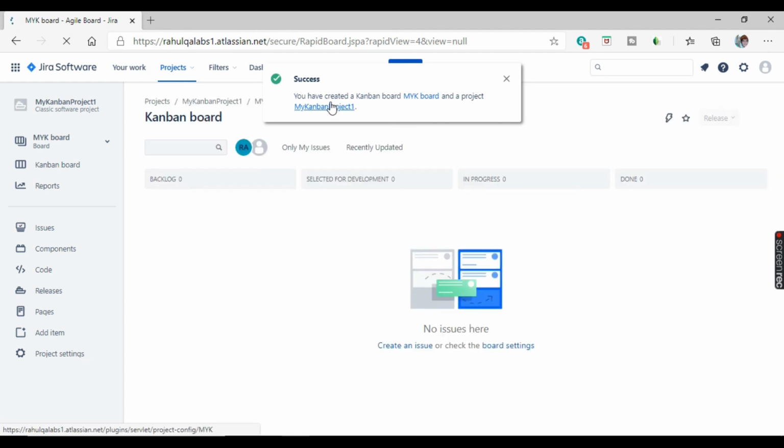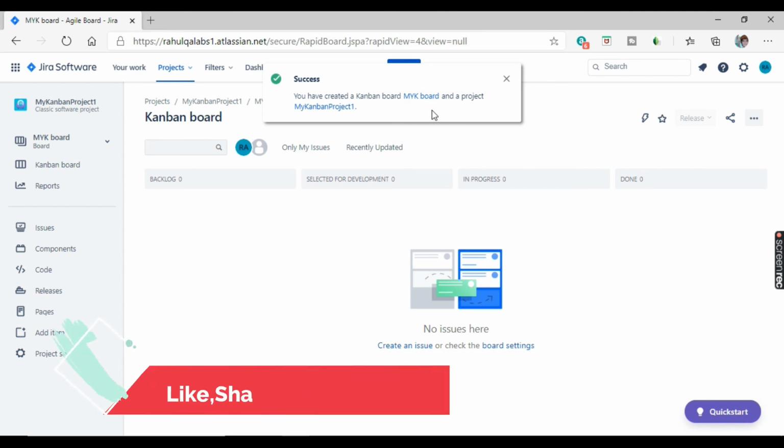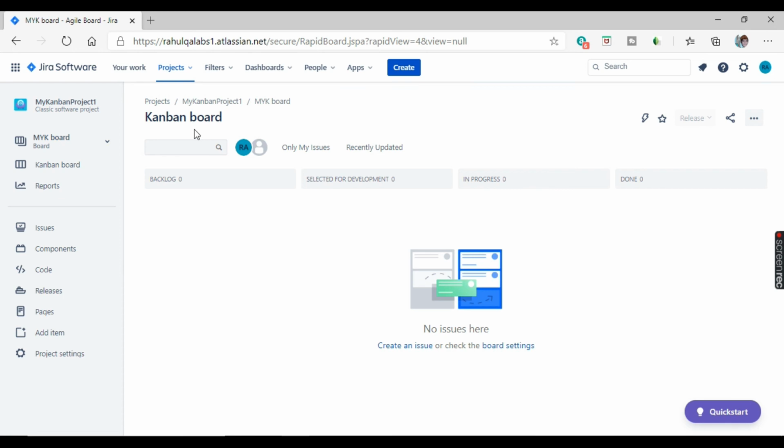See, success message: you have created a Kanban board, MYK board, and a project, my Kanban project. Okay, so this is how we create boards in Jira. We created a Scrum board, we created a Kanban board.